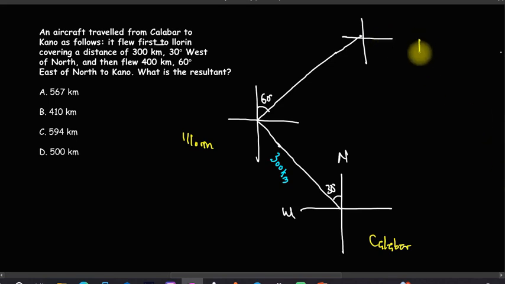So I'm going to label this as Kano. Okay, let's get on to it. So the question says we should find the resultant distance. So this is 400 kilometers. This is 300 kilometers. The first step to finding the resultant of two vectors acting at a point is to